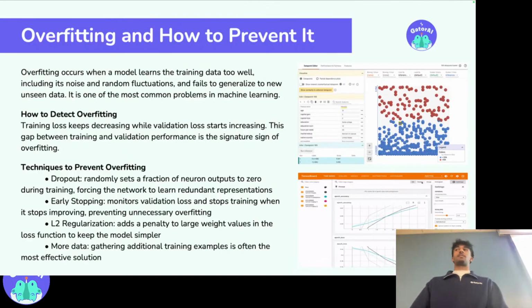Training pretty much just stops automatically, and this prevents the model from continuing to overfit long after it peaks. And then next you have L2 regularization. This pretty much adds a penalty to the loss function based on the magnitude of the weights. So it pushes the optimizer to keep the weights small, which prevents the model from becoming way too sensitive